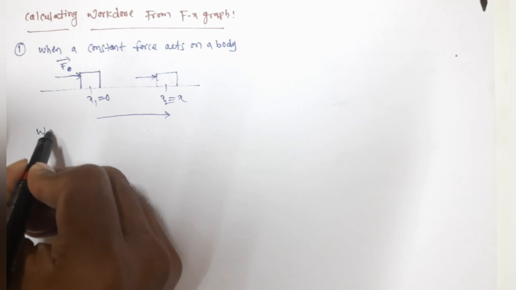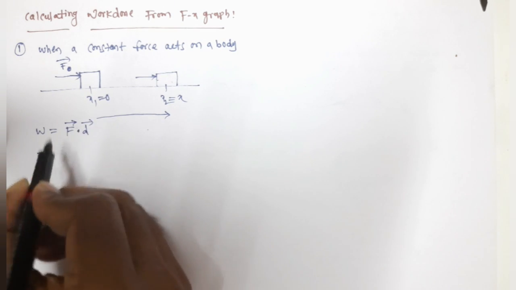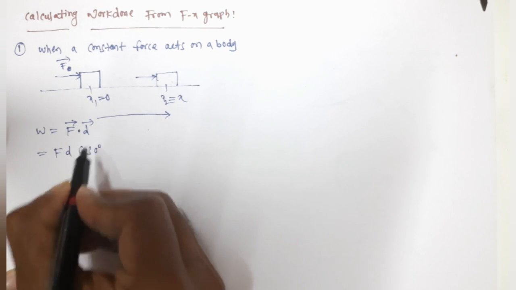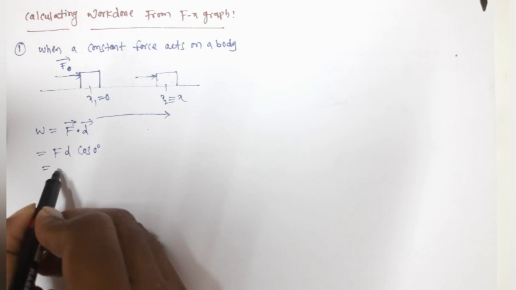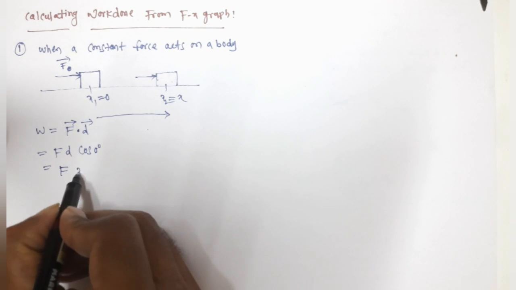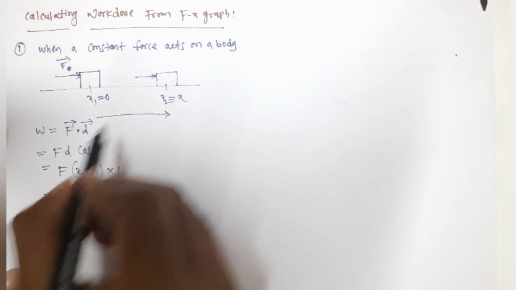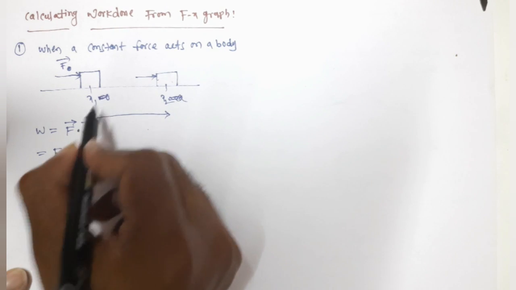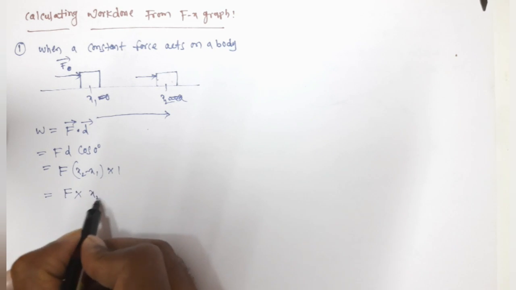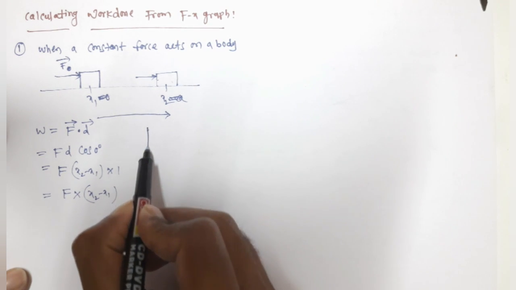Now work done is equal to, what is the general formula, guys? It is the scalar product of force and displacement. Here force and displacement are both in the same direction, right? So F d cos 0 degrees. F means F, and the displacement from here to here you can write as x2 minus x1, right? x2 minus x1 into cos 0, which is 1. So simply call the values x1 and x2. So what is the equation we are getting? F into cos 0, that is 1, into x2 minus x1. Yes or no?